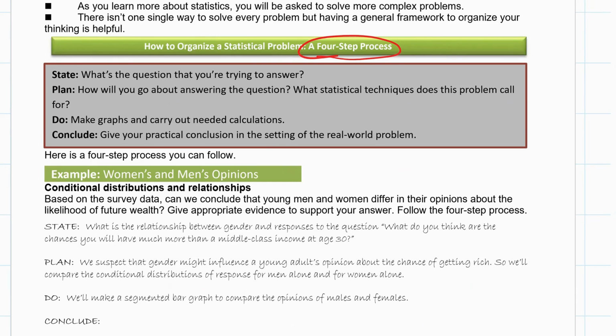Okay. The do step, the third step. What are we going to do in order to answer that question? Well, let's actually make those segmented bar charts. Let's make those marginal distributions. And then the last step, and this is the step that the College Board thinks is most important. Well, what did you conclude? Well, here's what I think I conclude. I conclude that